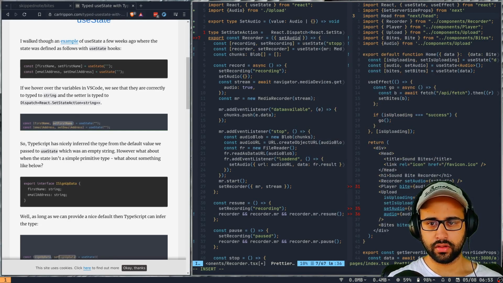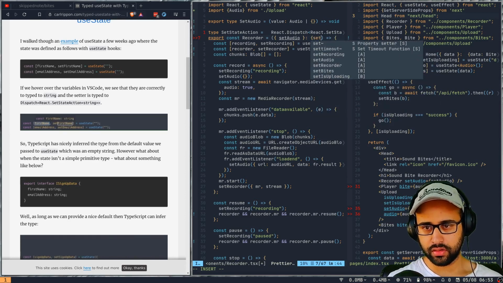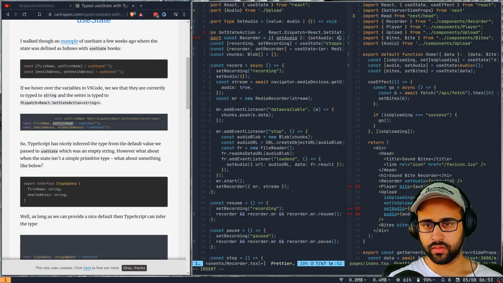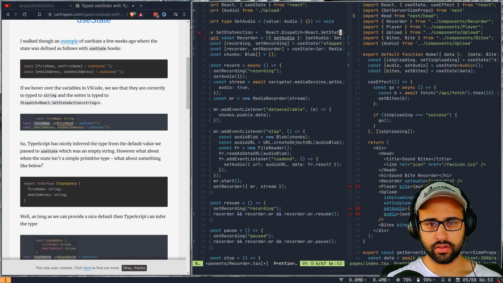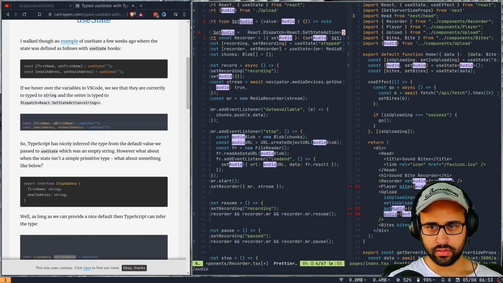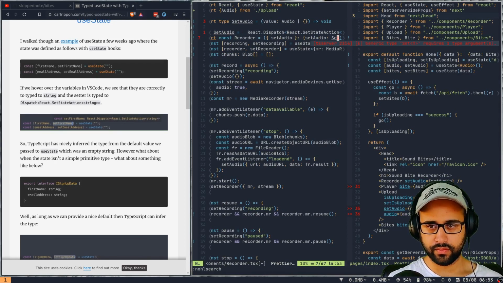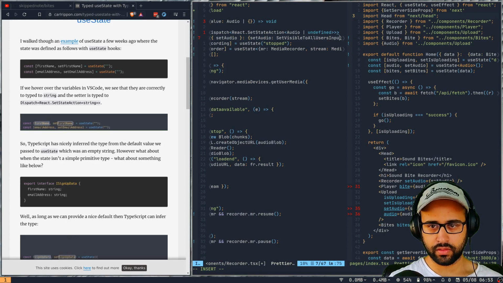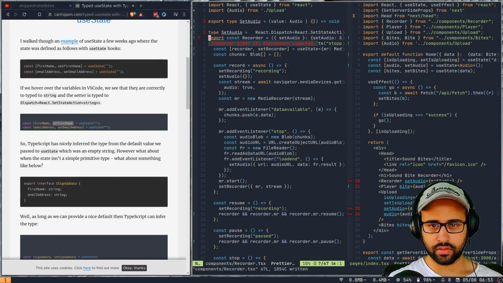No, set audio. Okay, it shouldn't be called set state action. This should be called set audio. How about that? Let's see. Is this good enough?